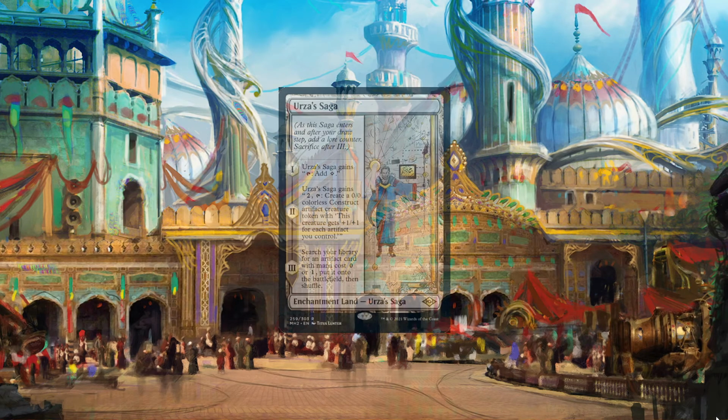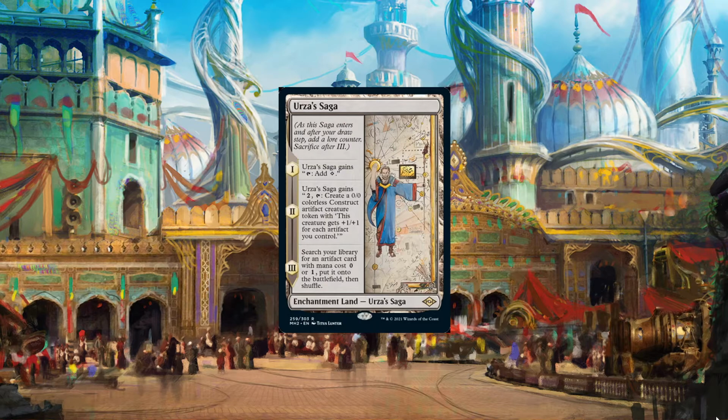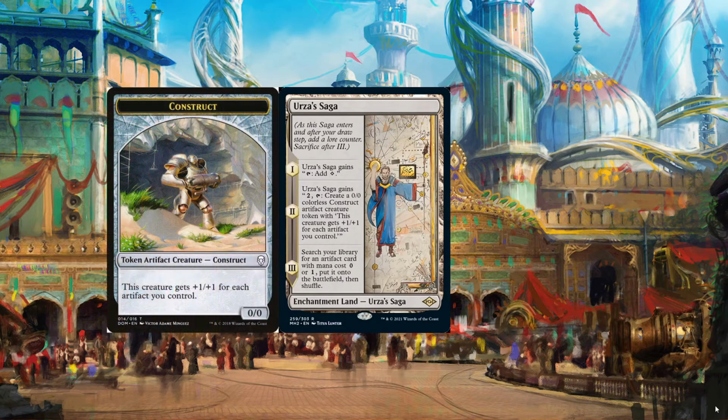At number 2, we have Urza's Saga. It's an enchantment land artifact. Its first chapter gives the land "Tap: Add 1." The second gives "Tap, pay 2: Create a 0/0 colorless Construct artifact creature token with 'This creature gets +1/+1 for each artifact you control.'" And then the third chapter: search your library for an artifact card with mana cost 0 or 1, put it onto the battlefield, then shuffle. So that obviously creates the Construct token,